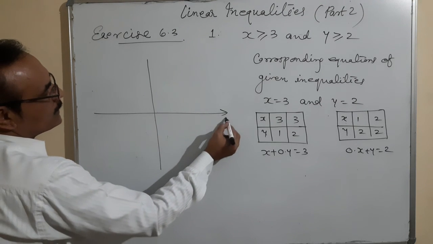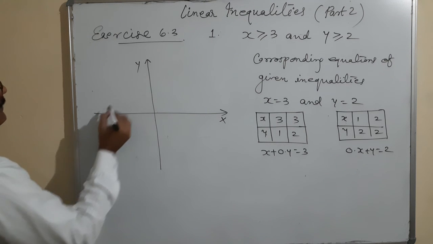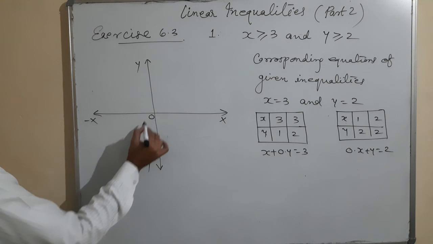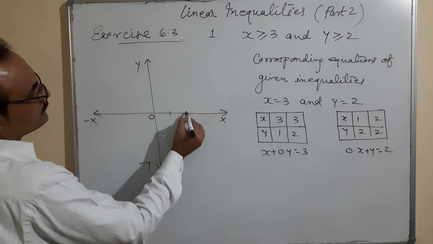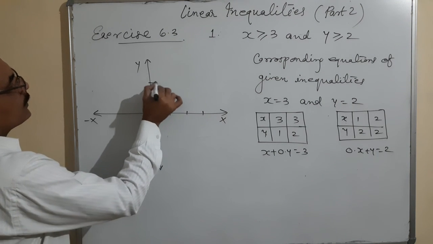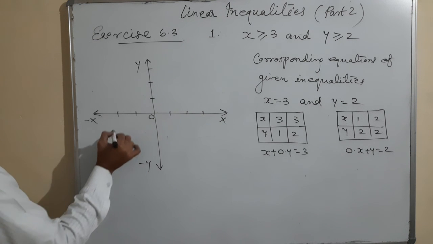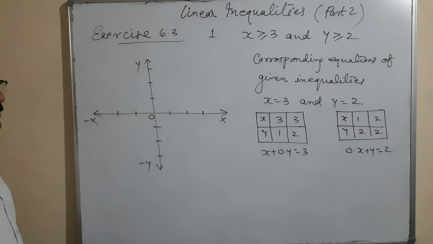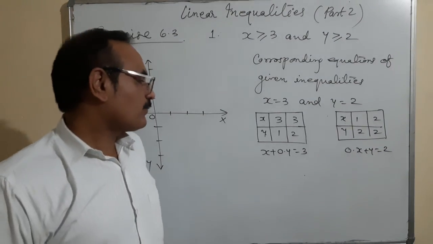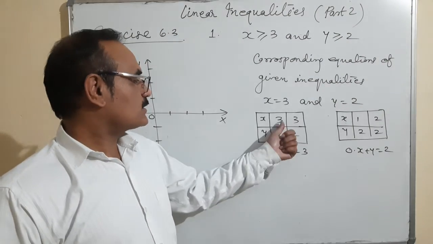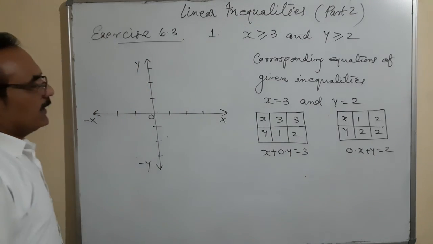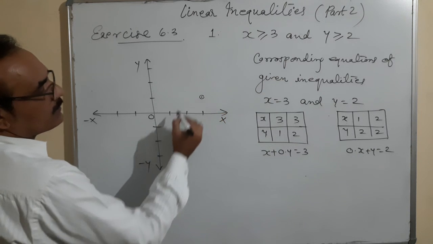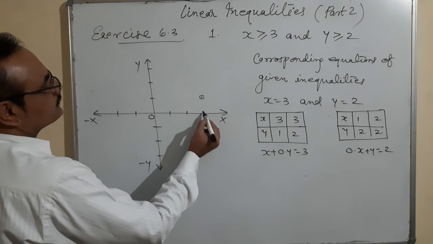Representation of these two inequalities on the graph paper. Okay. How many inequalities? There are two inequalities. Having equal distance so that there's no problem. By the way, for you there's no problem when you are doing this work on the graph paper. Equal intervals are there. Okay, we are going to represent this 3, 1. X-axis 3, y-axis 1. 3, 1, 3, 2.